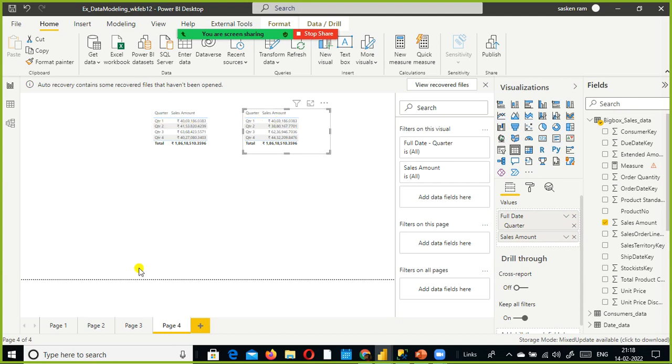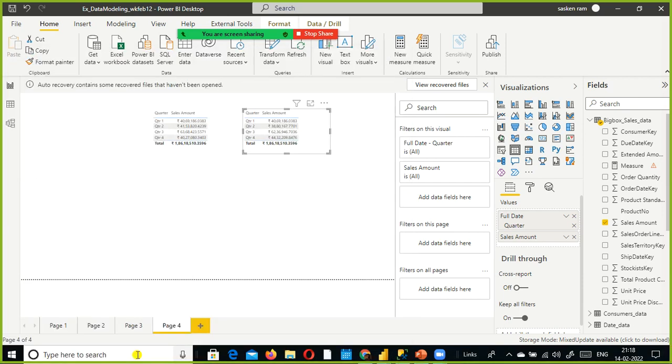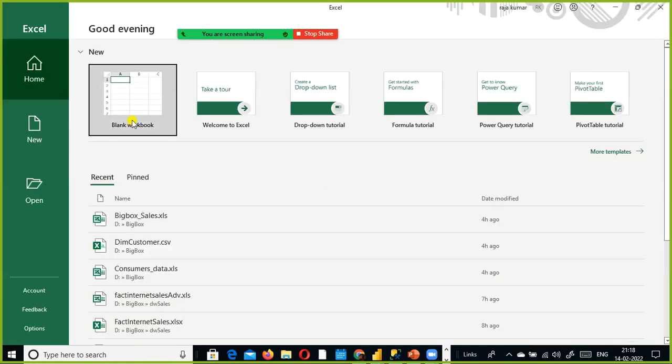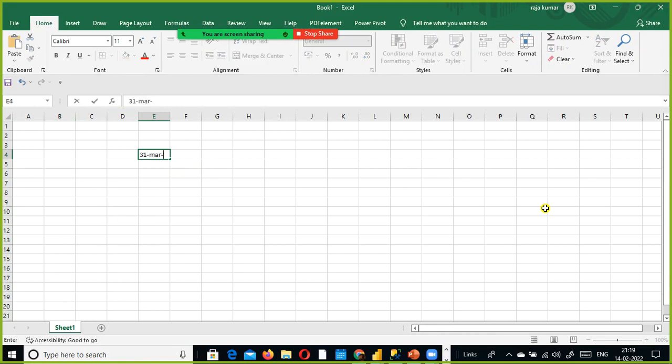And there are some customers who make the payment at the time of shipment. They don't make the payment upfront. The simple example is, this is not required for you to understand anyhow, but many of them get confused. The same table, why should I create multiple date tables? Why should I link up a different date column? Let's say today is 31st March. Let us assume that way.